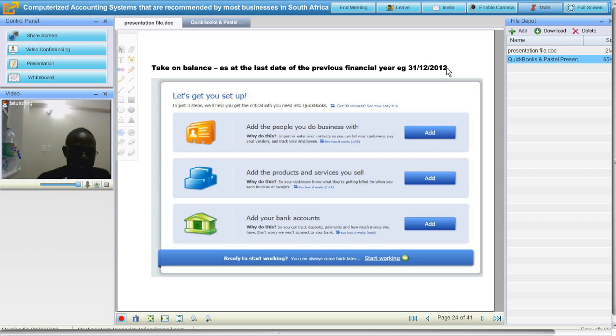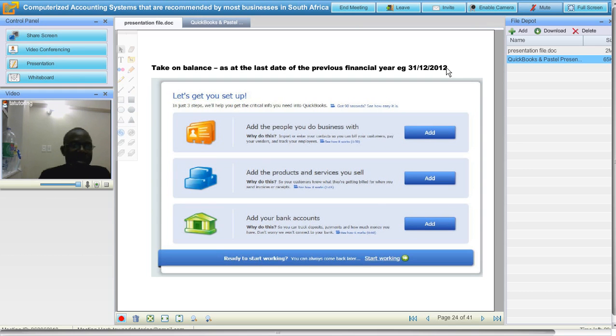These take-on balances that you need to enter for customers, for suppliers, and for the bank and for the inventory, they should be entered on the last day of the previous financial year, so that they can actually be carried over into the new financial year. What am I saying?